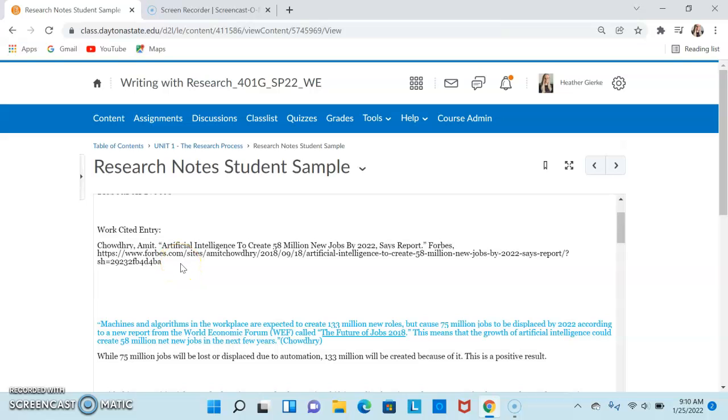Bad habits are students trying to create a works cited page at the very end, right before the paper is due. And this is a big no-no in the research world. One of the first things you want to do is create that works cited, have all of that done. And that way, as you have this page here with your research notes in it from this source, it's clear